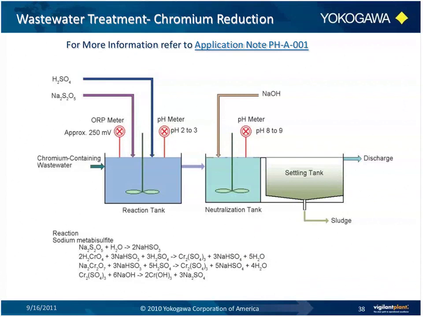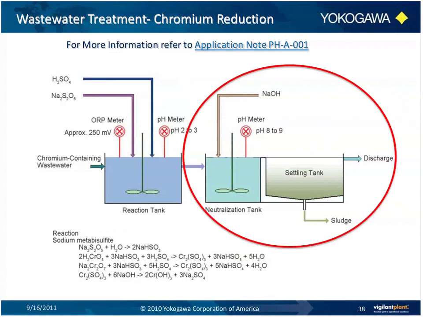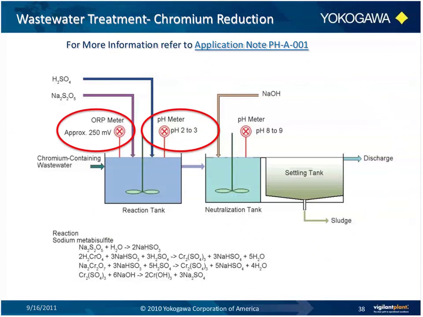The first one is seen at electroplating facilities and different types of chemical plants where wastewater can contain toxic forms of hexavalent chromium, such as chromate and dichromate. EPA regulations require that this hexavalent chromium in the wastewater be reduced before the water can be discharged into the water system. This requires a two-step process. First, the hexavalent chromium is reduced to trivalent chromium, and then the trivalent chromium is